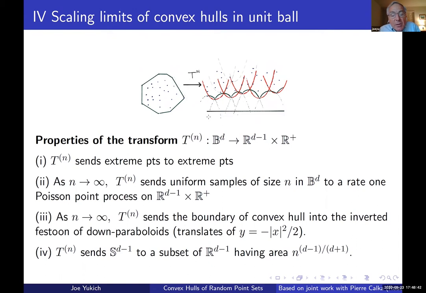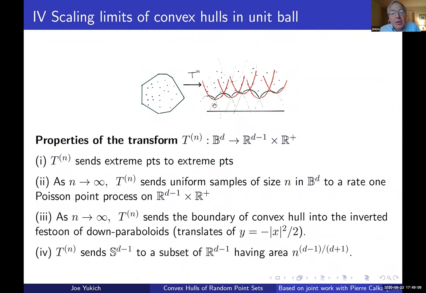And it sends it into a subset having an area roughly equal to n to the power (d minus 1) over (d plus 1), up to some constant. And we will say more about this in a few minutes, but this explains why one might expect to see expectation and variance asymptotics of this order,